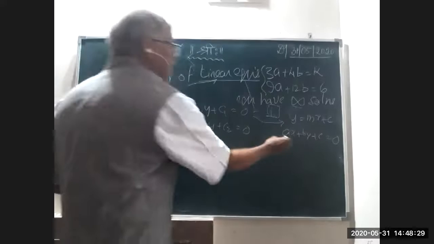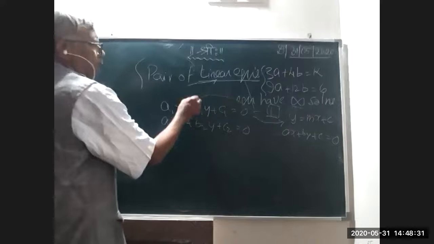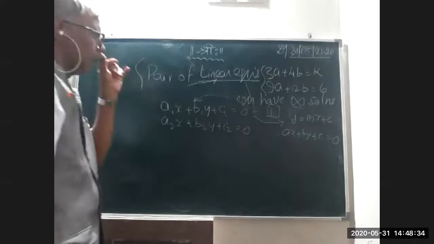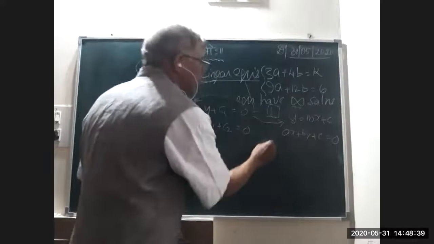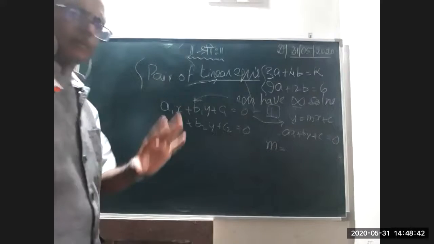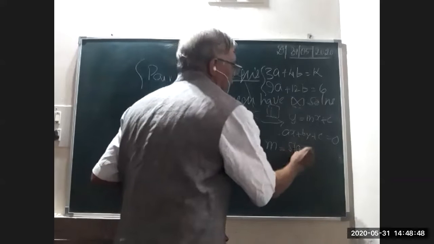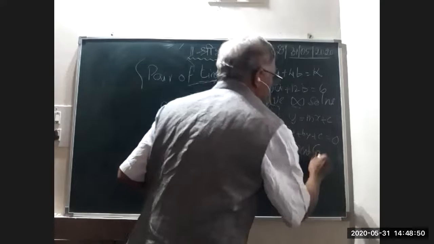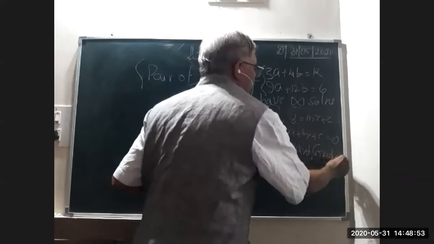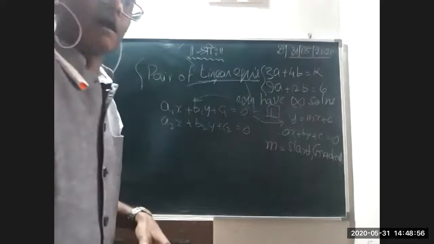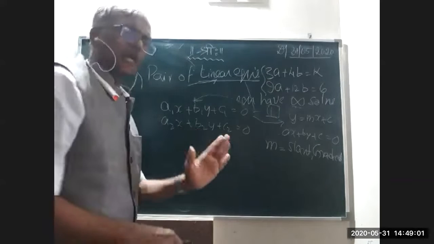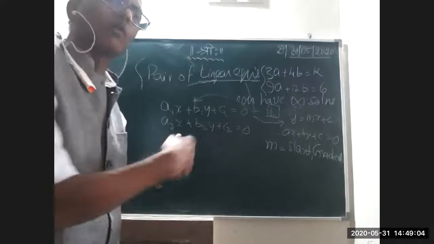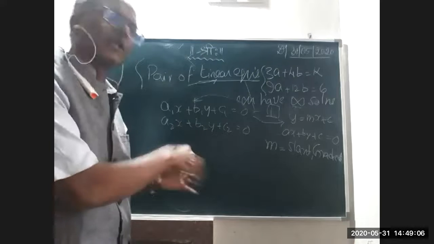Now, this second equation is very much analogous to y equals mx plus c. Now, what is the role of this m? m in any linear equation plays a role, and it is denoted as the slant, or we call it the gradient. These are all the terminologies that you have to remember. Slant or gradient. Why do we need this? We need this for representation of physical quantities. In physics, there are so many applications.